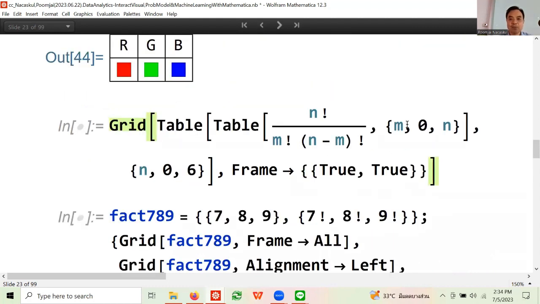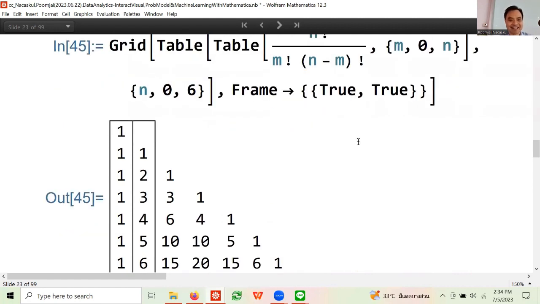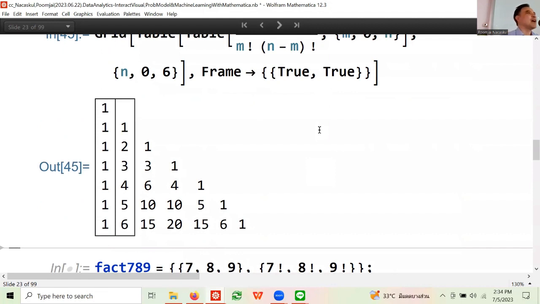Okay, now here's a fun thing. So now, okay, this is looking ahead a bit. Well, how many of you did calculus already? Okay, you will know about Pascal triangle, right? Hopefully.